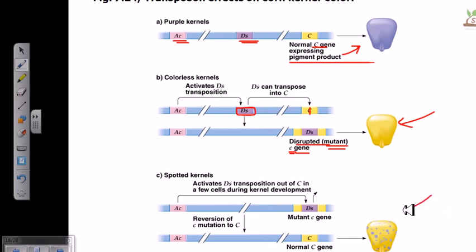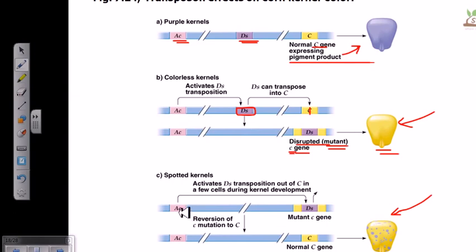But what about all those spotted kernels? Now let us look at the example of the spotted kernels, because we have to answer this too. In this case, the activator transposable elements are activating these DS elements. Right after that, suppose the color is changed into white. Now we take this DNA, and again we can see this activator DNA. Though it is helping this DS element to be transported and attached somewhere in the middle of the C gene, this activator DNA is not moving on its own, or cutting itself out of the DNA.